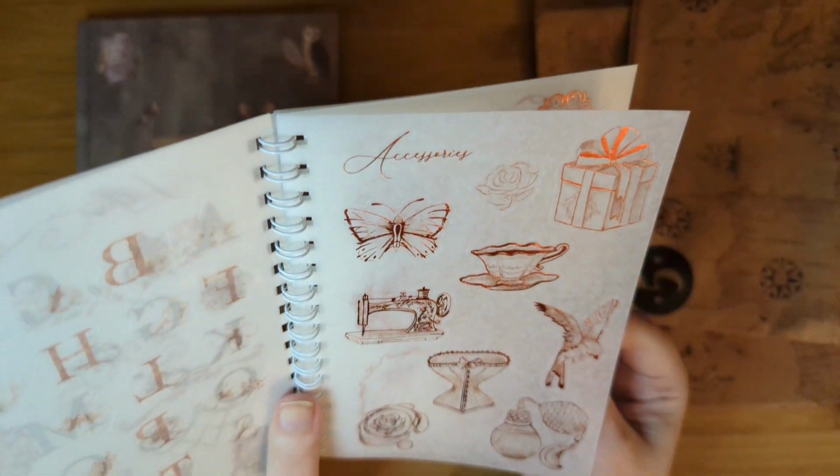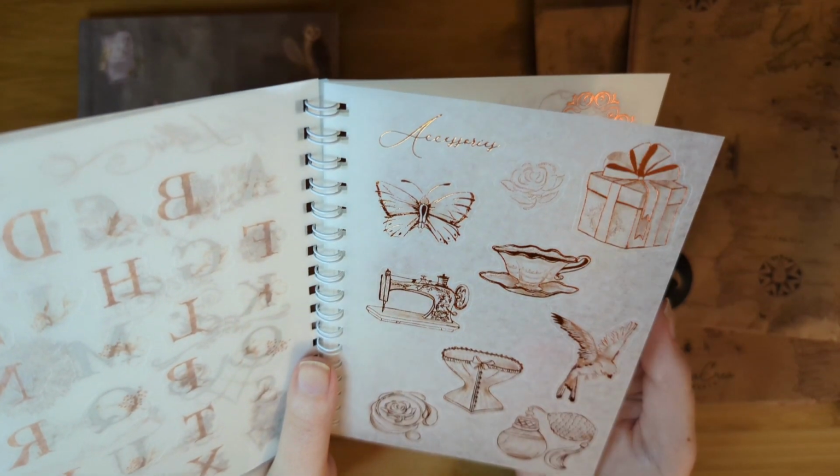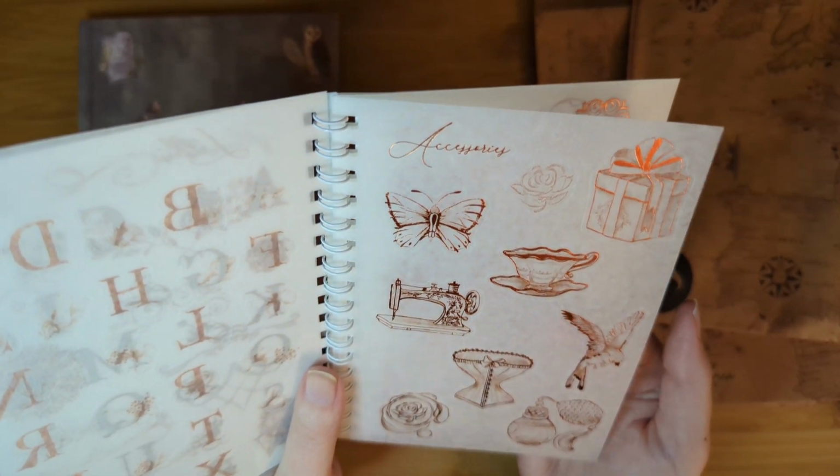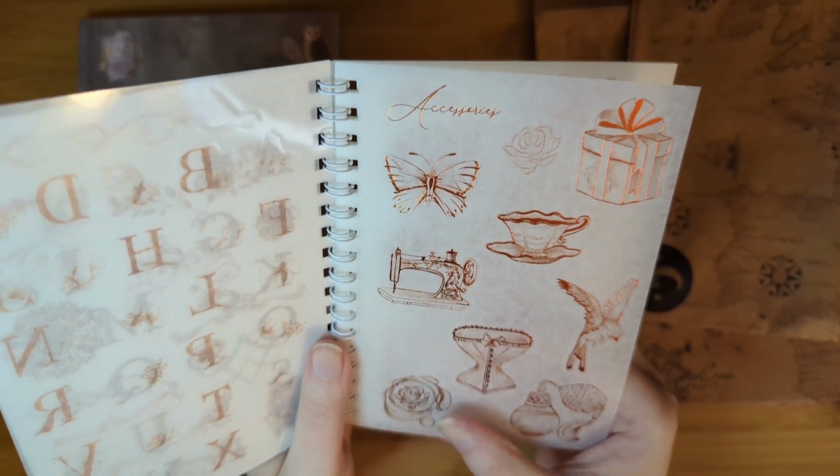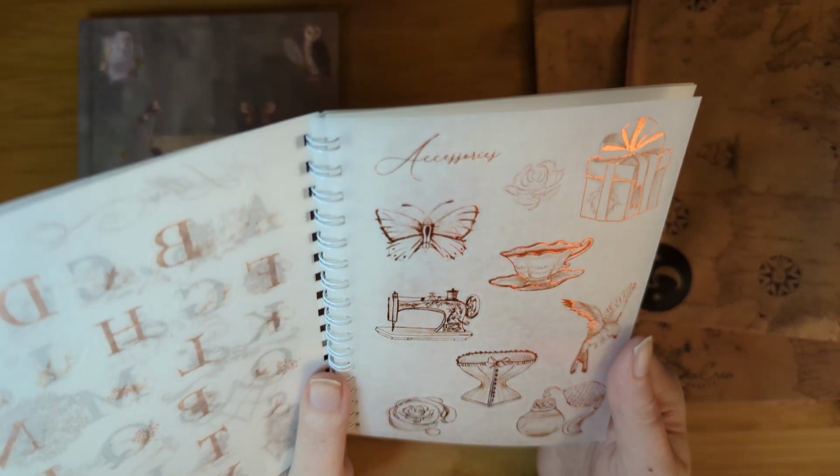Wow. My piles of packages are falling around me. We've got a little mix of everything. A gold rose. Oh, I'm going to show another box. This will go amazingly well with